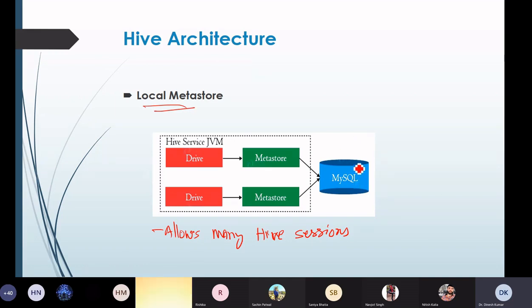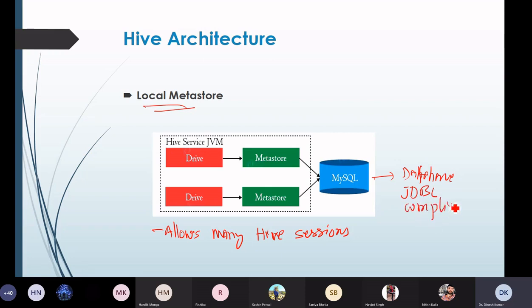In this case, we will be using the MySQL database, which is a JDBC compliant database, and which runs in a separate JVM.